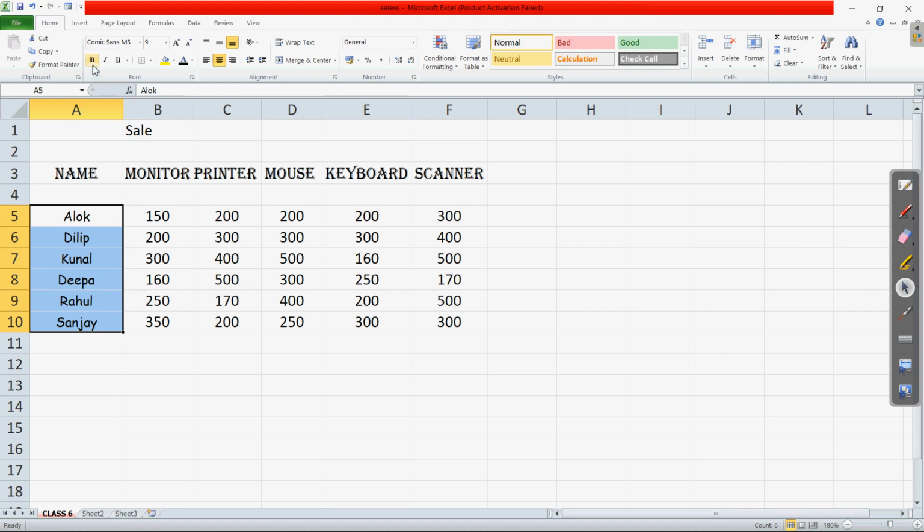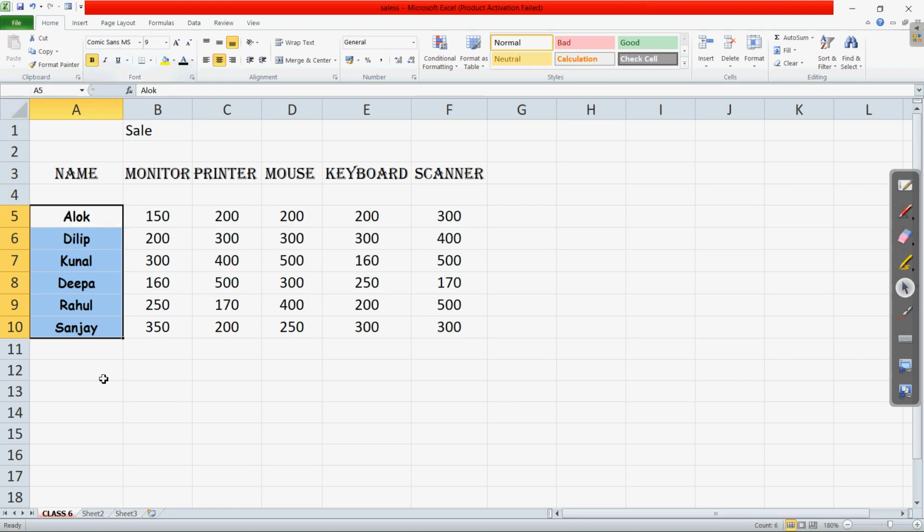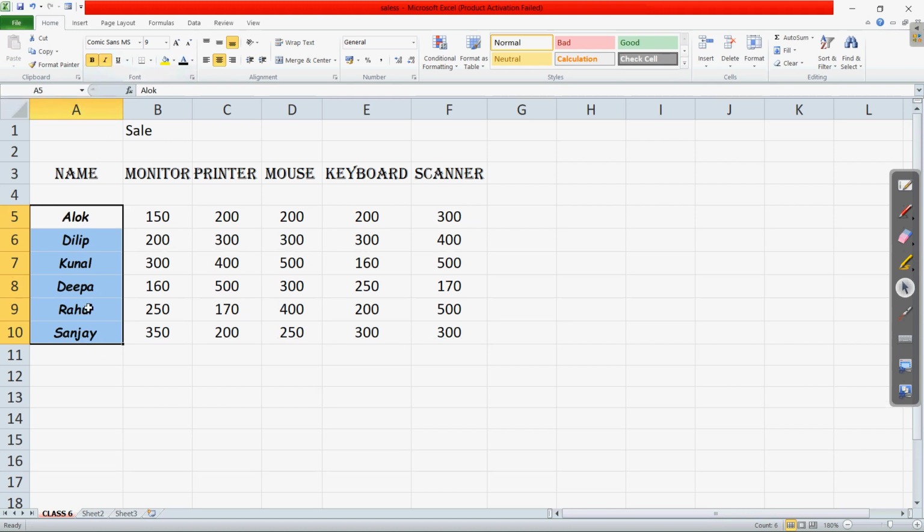Now if I am selecting bold, let us see what is going to change. If I click on this B, you can see the appearance is right now bold. Now if I click on this italic, clear, you can see this is a little bit in italic format, which is a little bit tilted. Now next is underline. If you want to make all the data underlined, we can click on this. Clear?